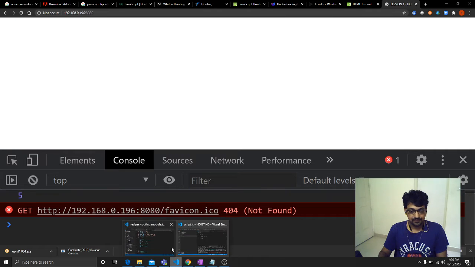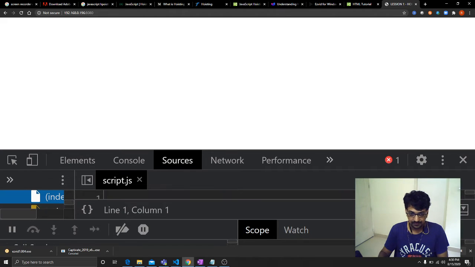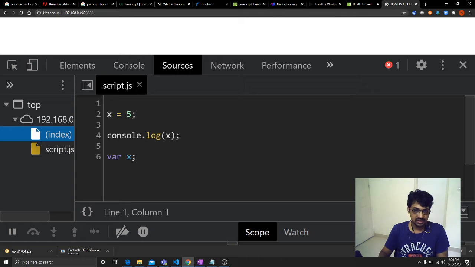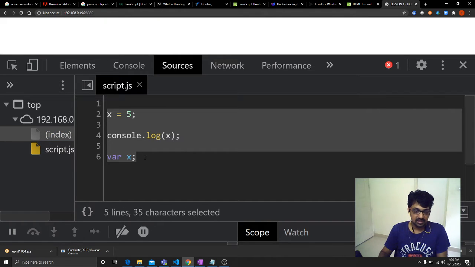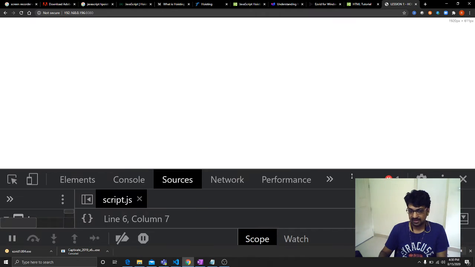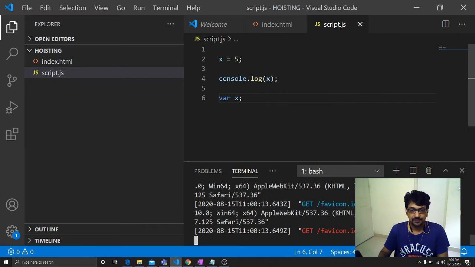If you go to the sources, there also we can see it is as it is in the physical file. But when the JavaScript engine sees this file, it will parse the code. It will move this var x equal to 5 to the top.